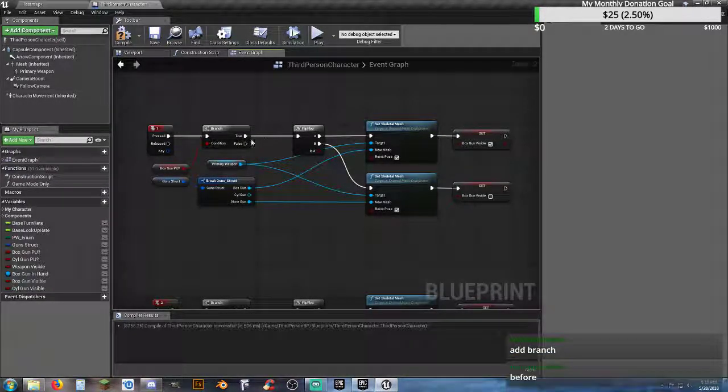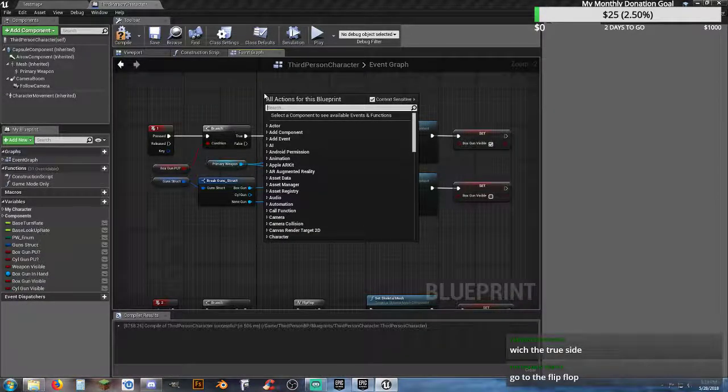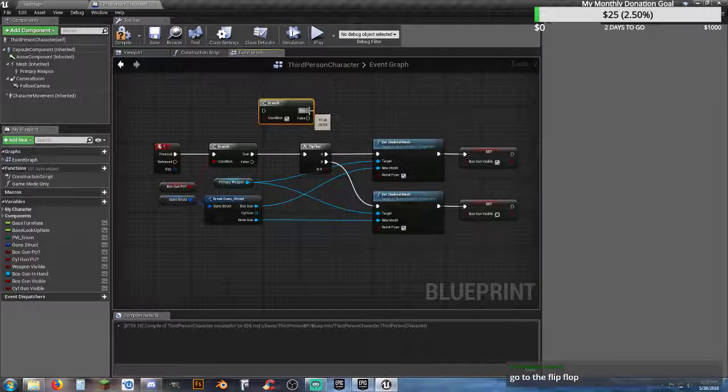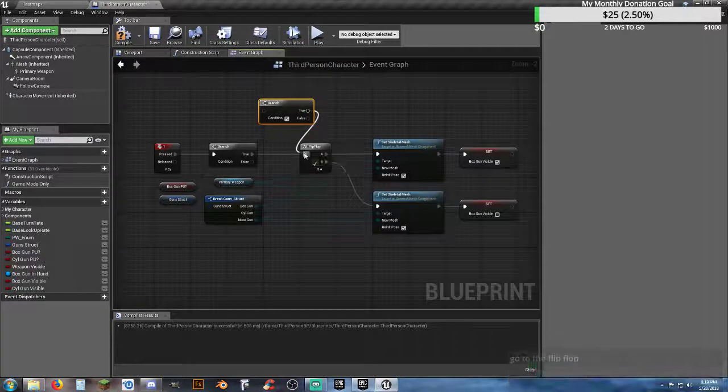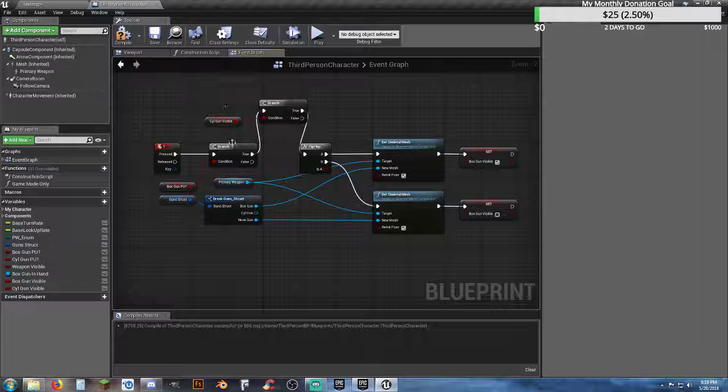If we add a branch before, so we're asking, is cylinder gun visible? So if we put it in right here, and if true, then set the skeletal mesh. So we tried that once before. So let's actually go ahead and put it in up here. We'll put in a branch, and we're just going to set the true to the flip-flop, and the true from here to here, and then the condition we need to ask is cylinder gun visible. So if cylinder gun is visible, then do this. Okay, else